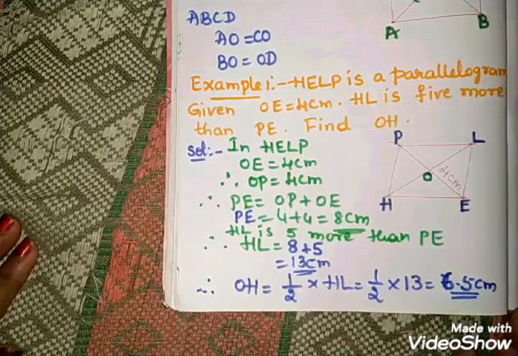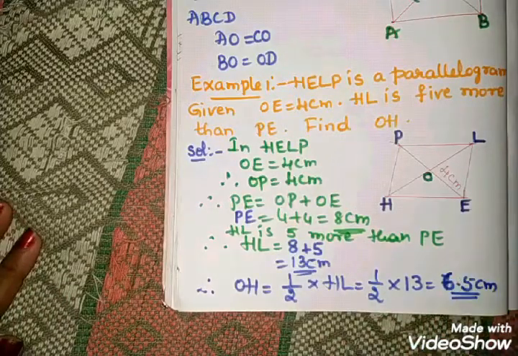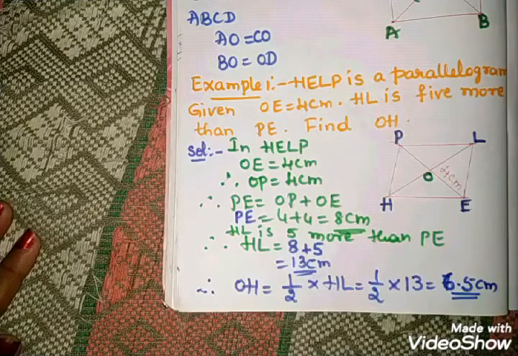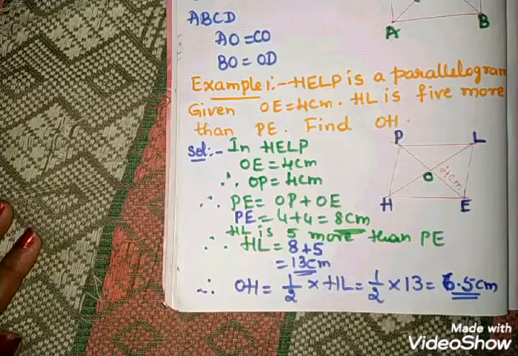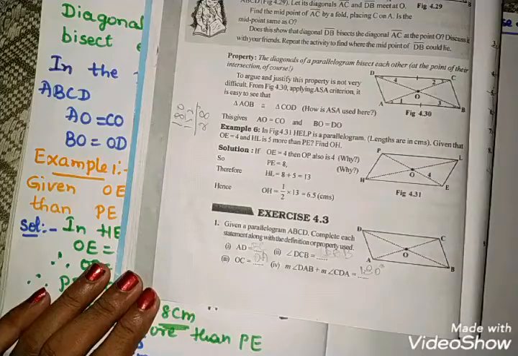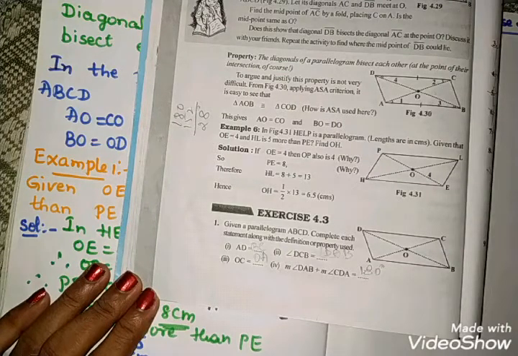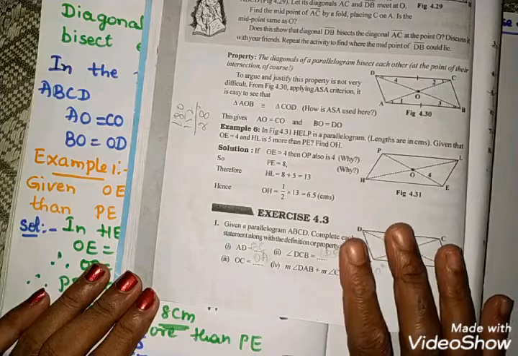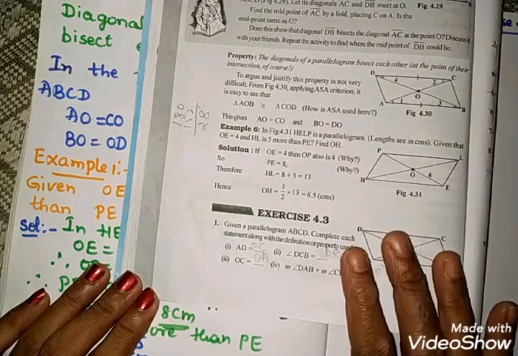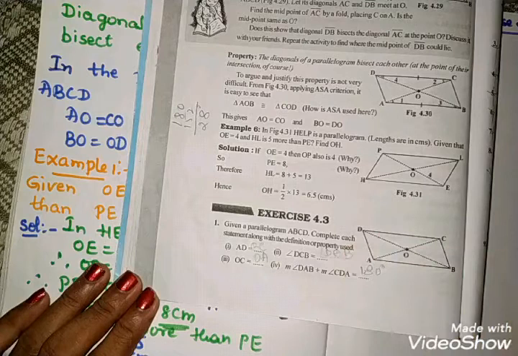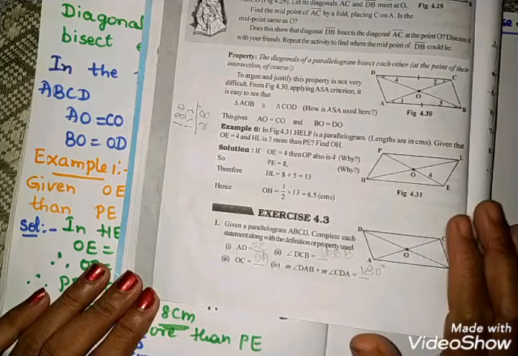In this way, we can solve this type of sums. But we must know the particular property of that parallelogram. Otherwise, it is difficult to find out. Understood, no? The concept and the steps. Okay, I hope you understood. After studying some of the properties of parallelograms, let us try to solve exercise 4.3. Some of the problems in this exercise, let us try to do. Not all are needed in this one. Only I will tell which ones you have to do.